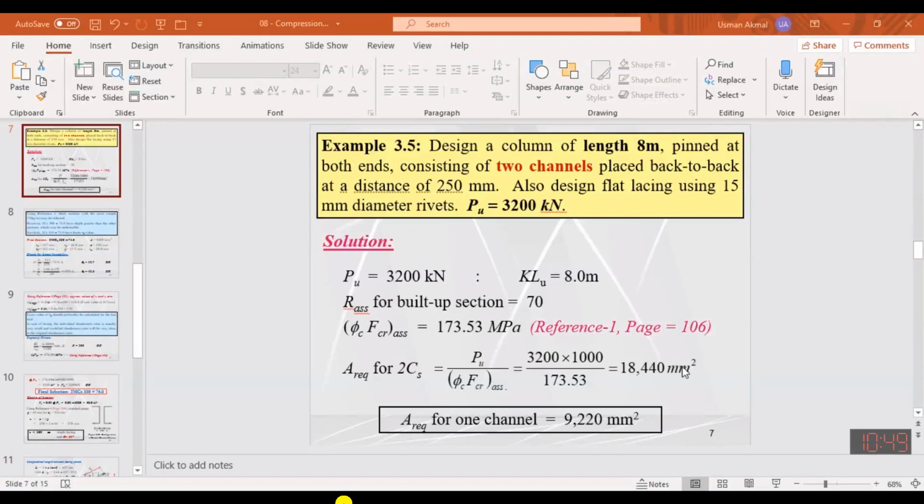Okay, Bilal Mirza, are you there? Yes, sir. What is the maximum slenderness ratio allowed for double lacing? Double lacing, 75. For double lacing, what is the maximum allowable slenderness ratio? Okay, now mute your mic also.